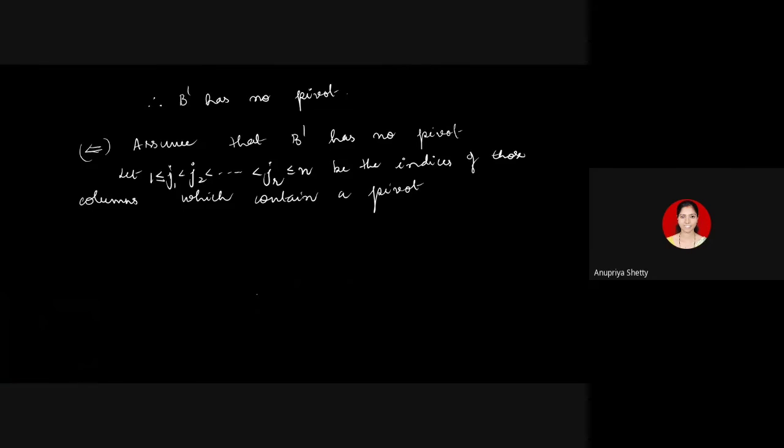To get the more general case, assume that there are R columns having a pivot. Remember, B dash has no pivot. A dash has how many columns? N columns. So this number of pivots, R, could be n also. All columns of A dash may also have a pivot. If not, there would be n minus R columns having no pivot. Just like in the example which I had written, first, third, and fifth column did not have a pivot. So there are 3 columns having no pivot. So keep that in mind.